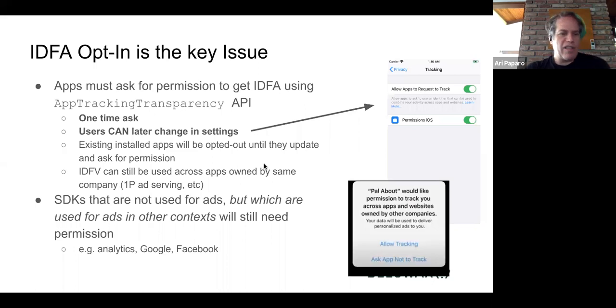It is possible that the IDFV will be used for advertising purposes, similar to the way a lot of companies are using first-party cookies now as a replacement for third-party cookies in the browser environment. In that environment, it's not really a tracker. It's much more used for very tactical things like frequency capping and DMP integrations. So there is a kind of analogous sort of data on the app to what's being done in the browser.